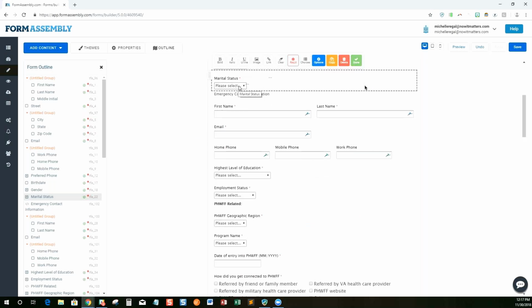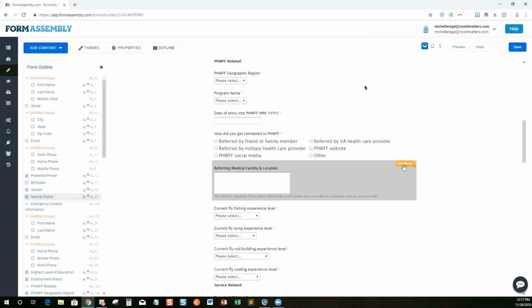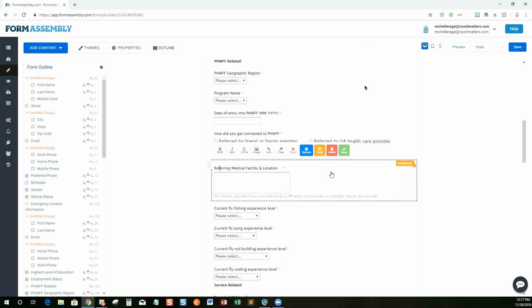For this one, this is actually conditional. Why it's not showing on here? I want to show this. So you have conditional fields on here where you can,